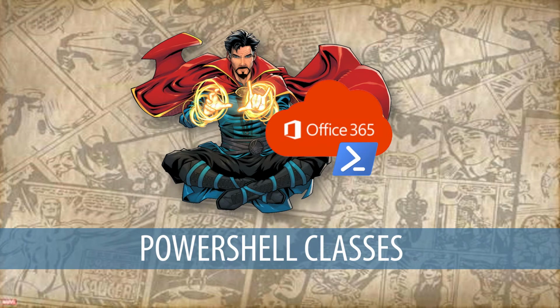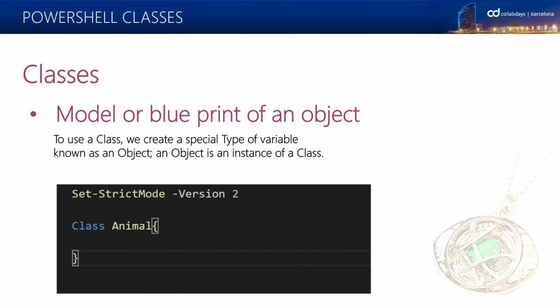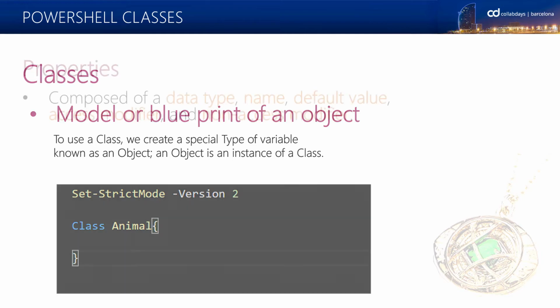PowerShell classes. It's quite interesting. Most of the people that are doing PowerShell don't know that PowerShell allows classes. It's not actually a class like we are used to on a development side. Basically, there's a couple of instructions for us to use within our PowerShell scripting tool that mimics a class. So class itself, it's an object. Basically, it's a model or a blueprint of an object, and that's the way you declare a class in PowerShell. Class, then the name of the class, nothing fancy. It is what it is. The classes itself